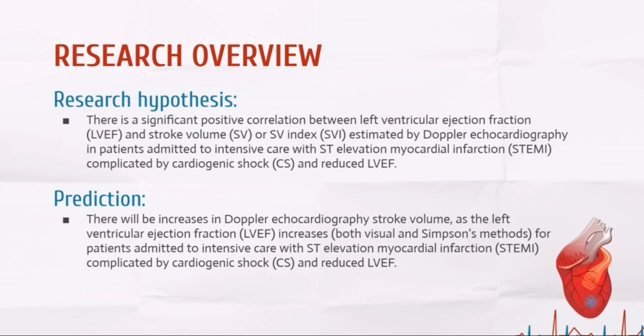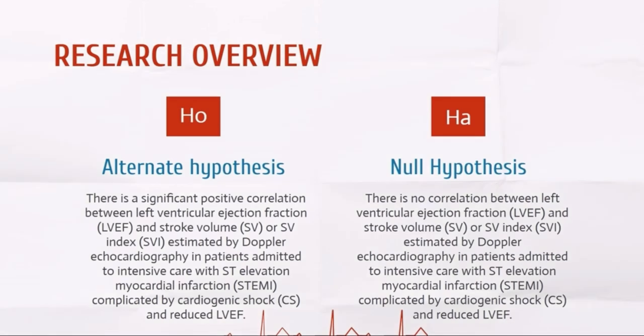In terms of statistical testing, these alternate and null hypotheses were likely used, with the alternate hypothesis being that there is a significant positive correlation between left ventricular ejection fraction and stroke volume or stroke volume index estimated by Doppler echocardiography in these patients, while the null hypothesis being that there is no correlation between these two variables in these